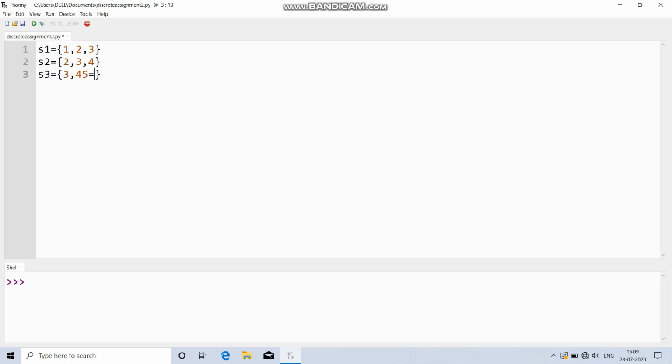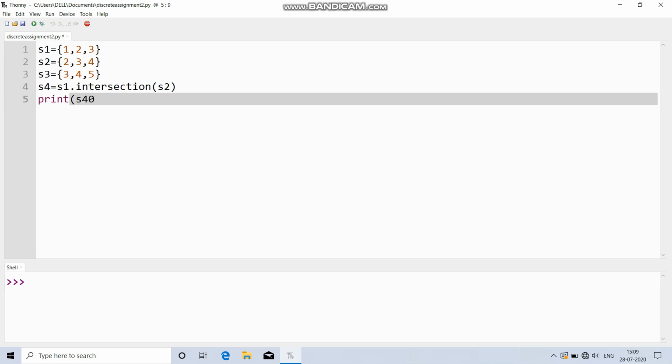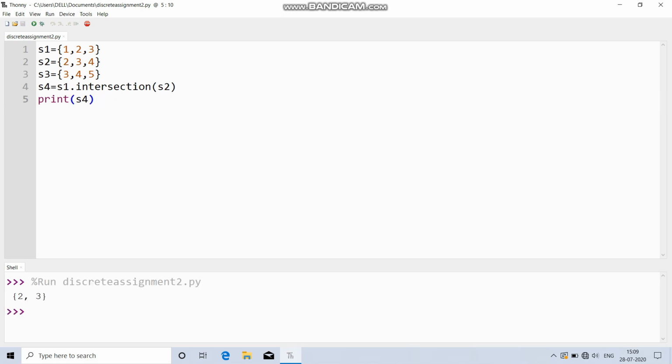Now if we want to get a set of values that are in all these sets, then we can simply use intersection. Let us take another set S4 and write S1 dot intersection S2 and then print S4. And as you can see, the result is 2, 3.